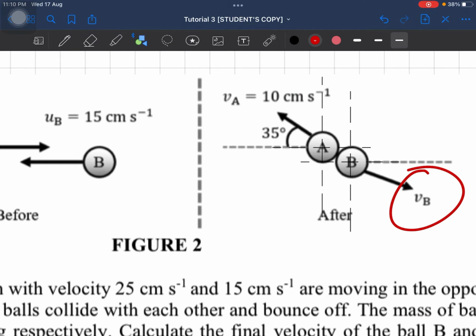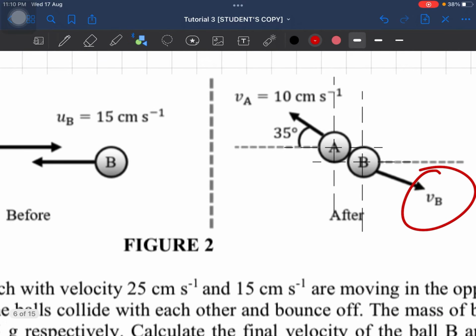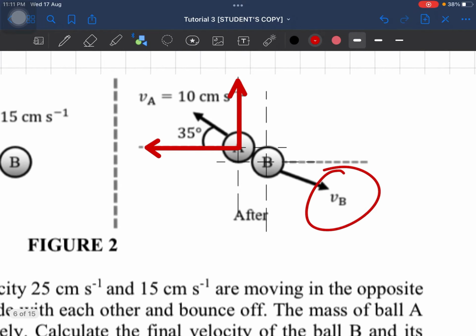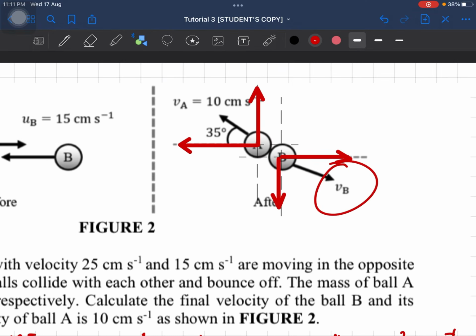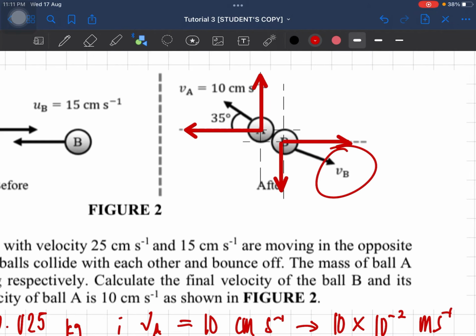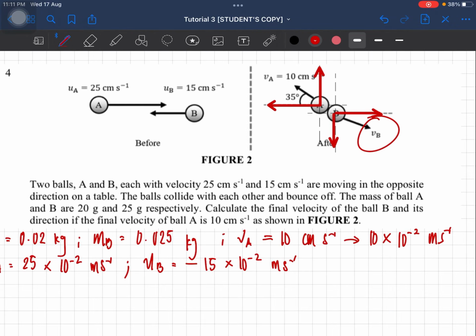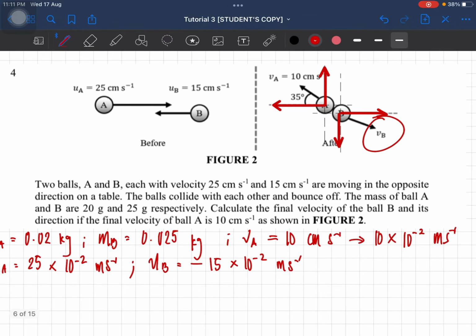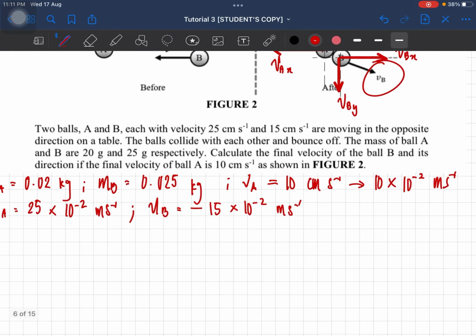Okay, so we have the y component here, x component here, and this is x, this is y. So now we have to find this VAY, this is VAX, this is VBX, this is VBY. Okay, so for VA,